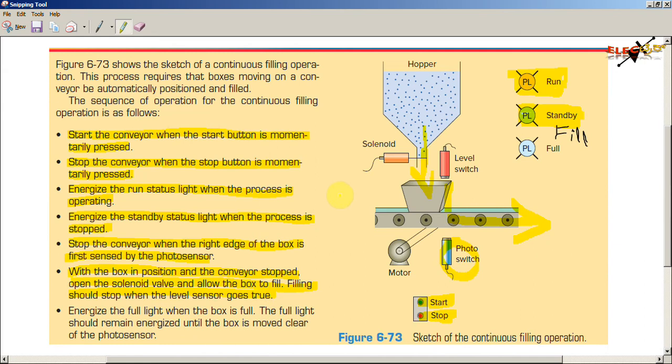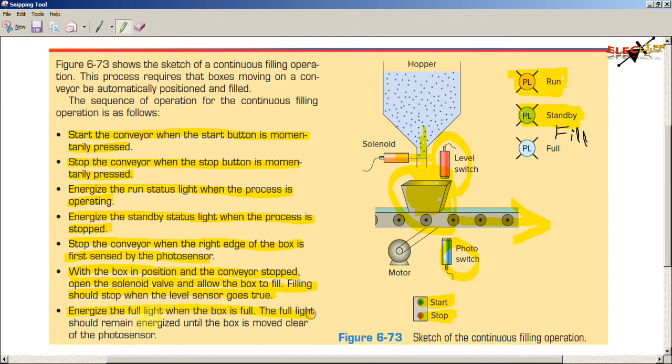So here once the box is positioned at this point, the solenoid valve should open and this material should be filled in this container box. Once this container box is full, this level switch should sense that the container box is full, so that the solenoid valve will be closed, and at the same time energize the full light when the box is full.